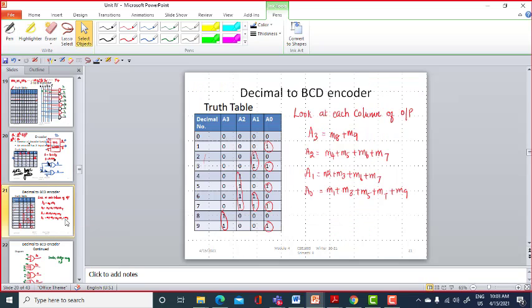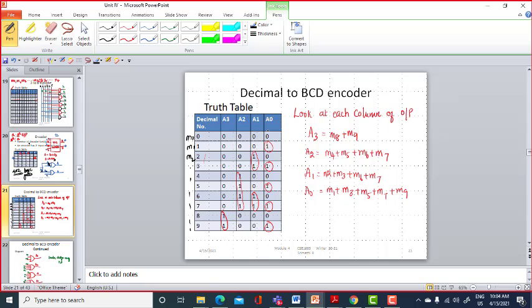So let me go ahead with the encoder again. Decimal to BCD. We know that the decimal numbers are 0, 1, 2, 3, 4, 5, 6, 7, 8, 9. Keep this in mind. This is a minterm. Now the minterm is in the input. So decoding in the sense from the minterm decimal to the binary value, I mean you need to encode. So 0 means 0 0 0 0. So in the output of the encoder you should have this one.